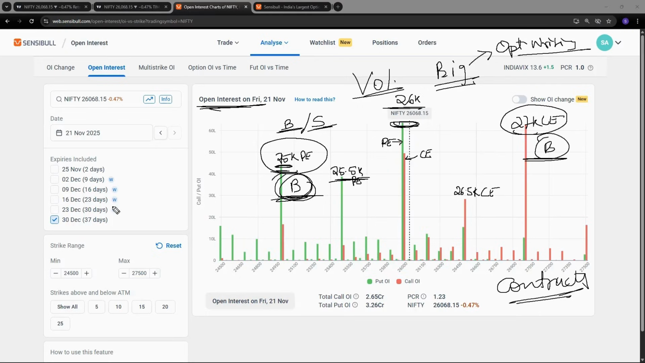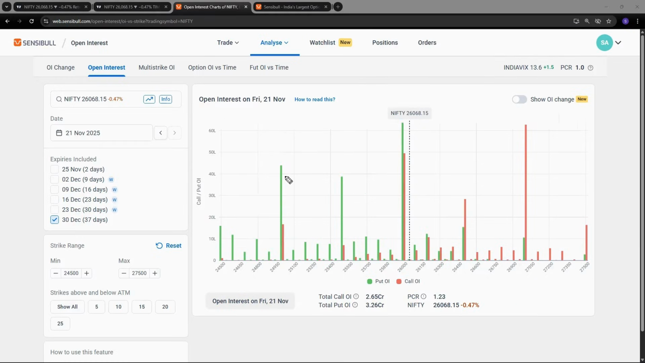We are going to connect some strategies with this analysis. How? So first thing we know, somebody has done buying here. 25K CE buy. 27K CE buy. Simple. It's not complicated at all. So far we know this. If this is 26,000,